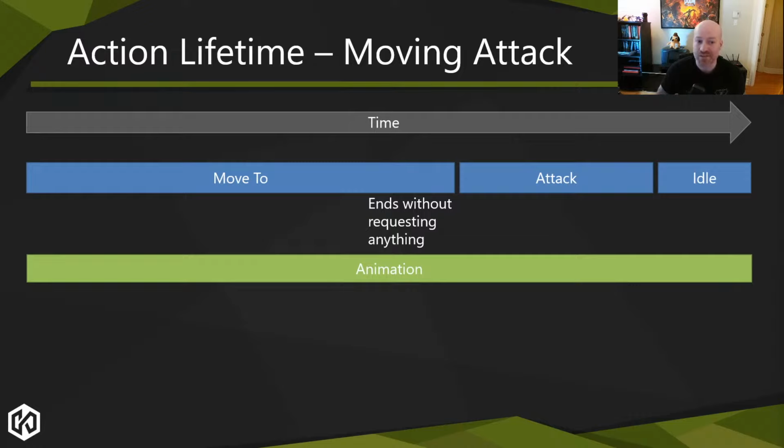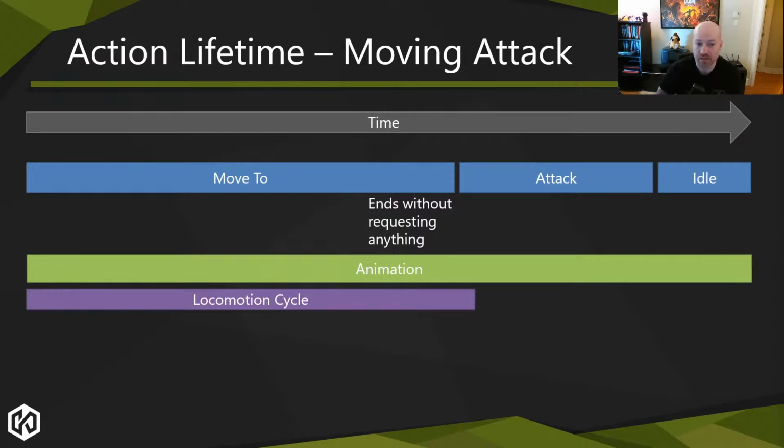We do that because there is an assumption that we are going to start something else after that. So for example, if we think about the decision making, somebody's explicitly said, I need you to run and attack instantly without triggering a stop. So I'm going to issue a move to and tell you, hey, I need you to move to there, do not trigger a stop. And then as soon as you tell me you're done, I'm going to tell it to attack. So we'll start playing this locomotion cycle and the move to is going to end and we're going to keep playing that locomotion cycle. In this case, the attack, as soon as it starts, is going to request, hey, play this animation.